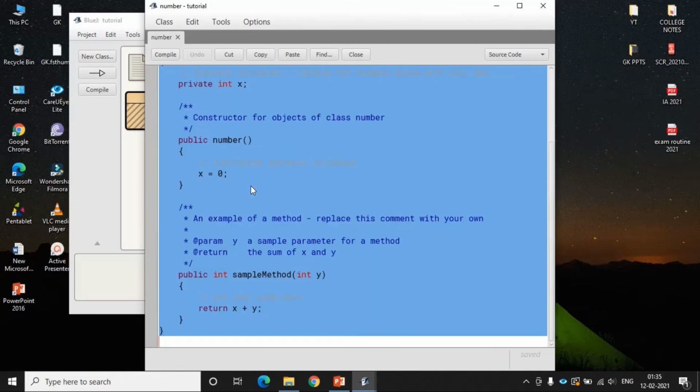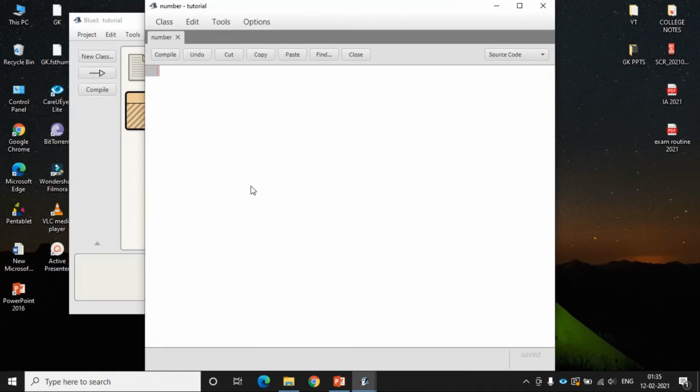Press Ctrl A and click delete. Now we have to write a comment first. We will write to find the percentage of boys and girls.